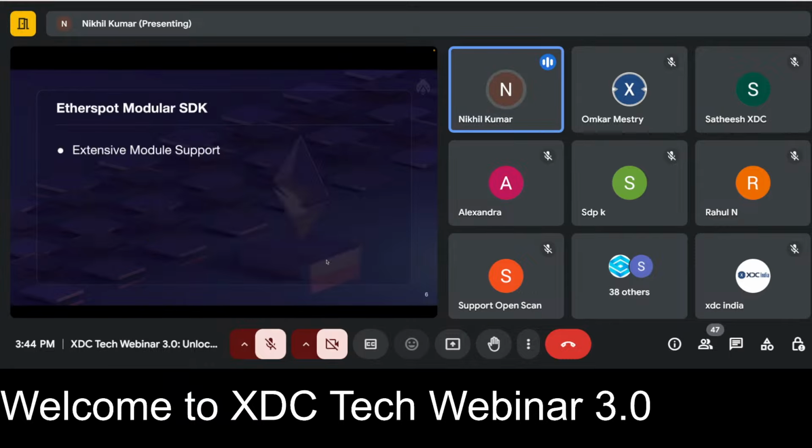Yeah. And then a little bit about Etherspot Modular SDK. It has extensive module support, and it is 7579 compatible, which is safe and secure. And it's fully open source, developed using TypeScript. Just to give a quick